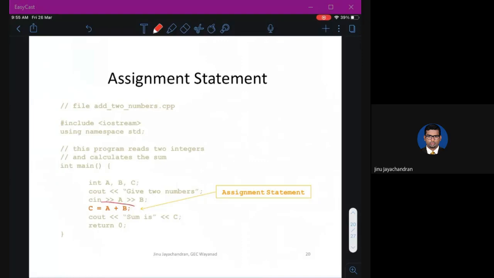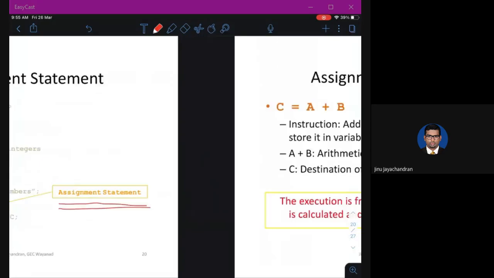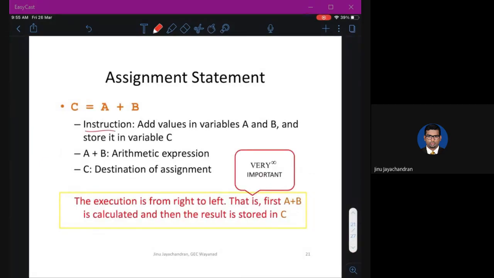And this C equal to A plus B is called an assignment statement. Okay, this is the instruction: add values in variables A and B and store it in variable C. So this is a memory location, this is also another memory location.